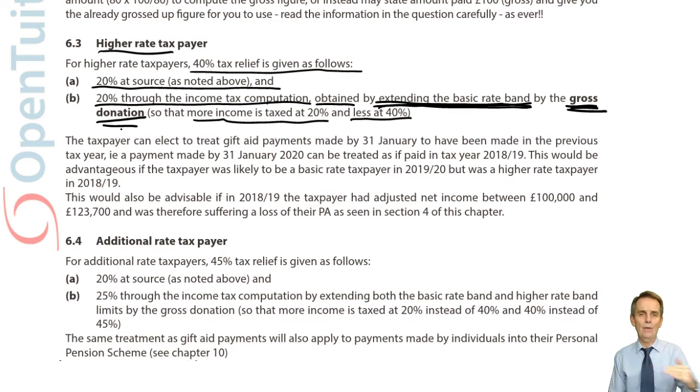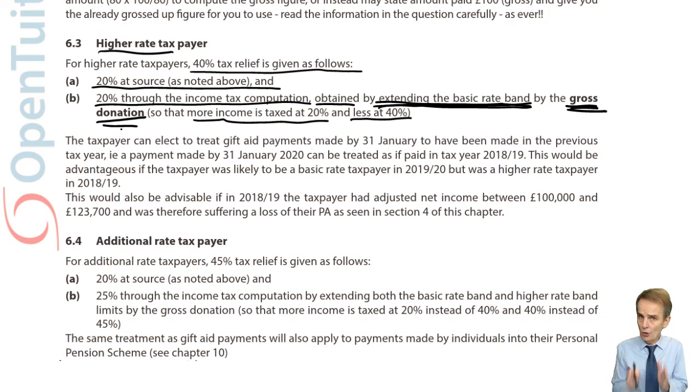So instead of taxing £34,500 at 20% and £5,500 at 40%, it will now instead read £35,500 taxed at 20% basic rate and just £4,500 taxed at 40%. So in that way, we've moved £1,000 of our taxable income out of the higher rate band back into the basic rate band, therefore achieving that differential saving of 20%. Something that would have been taxed at 40% is now taxed at 20% instead. Now again, I'm trying to explain to you here the effect of the system.